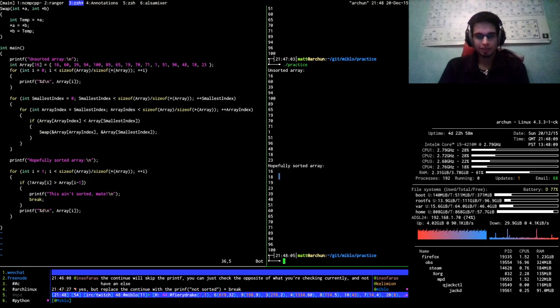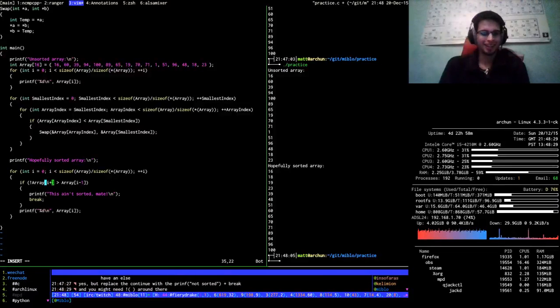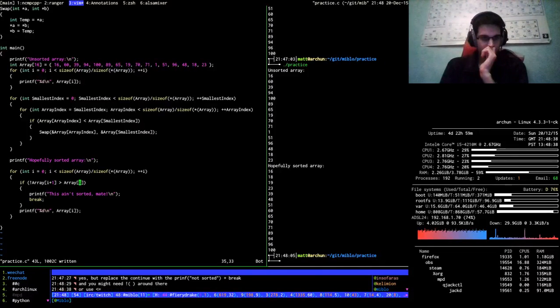Where's my 1 gone? There was a 1 in the array, wasn't there? Oh, it's because I started at 0. It's because I started iterating at 1. That's unfortunate. So, if we just do this then, if array plus 1 is equal to array I. Might need that around there. Or use that. I haven't come across that yet.